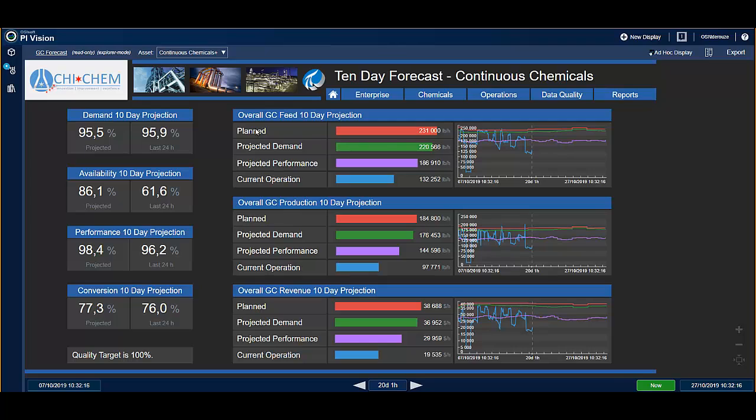So with a 10 days projection, you can see where you are and how good or bad you are performing. That's a way to be proactive and see what needs to be tuned or not in order to increase